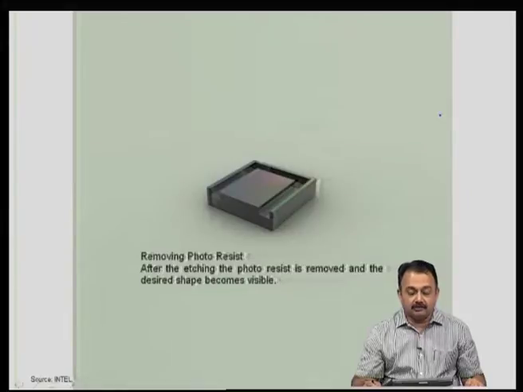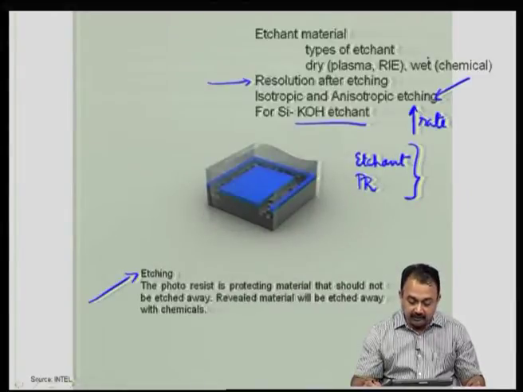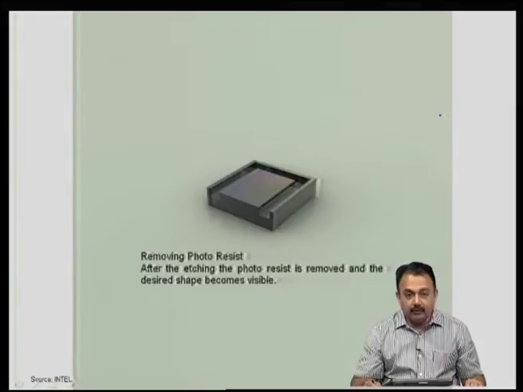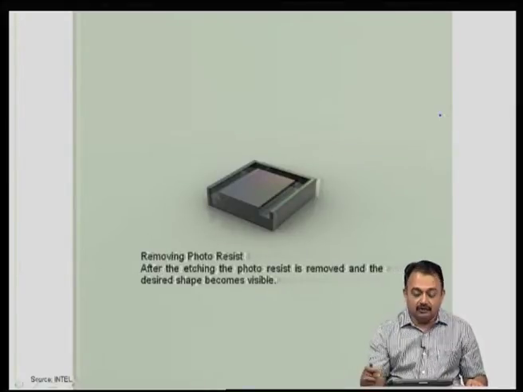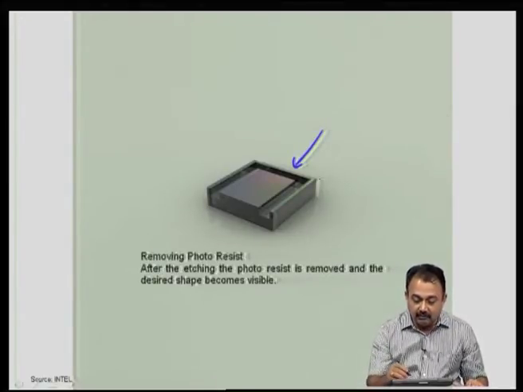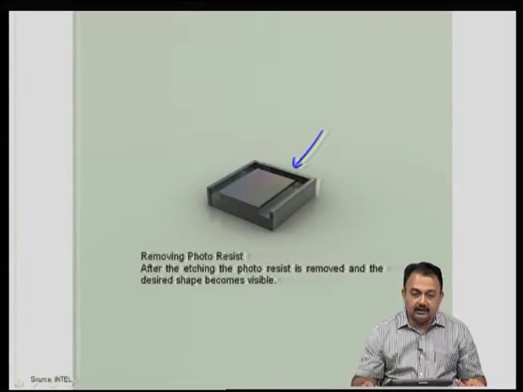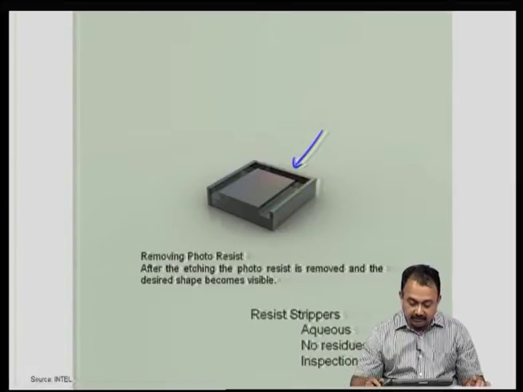Now, after the etch process is done, as you can see, material has been removed. If you compare the previous one and this one, you can see certain blocks of the material have been removed. Now, you can remove the original photoresist material. You can see that the blue layer is removed here, right. So, the desired shape is now visible and this step is now complete, that is the first level imaging is now complete.